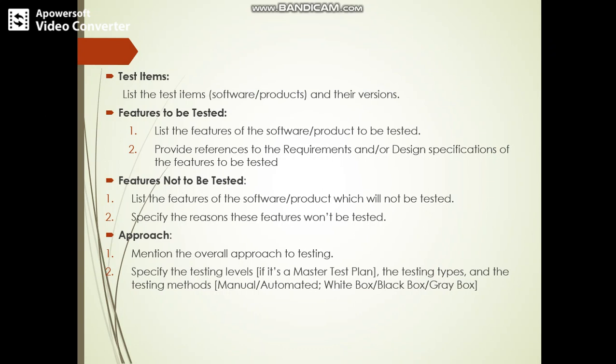Okay, again you want to define the approach. You want to mention the approach to the testing, specifying the testing level, whether it is unit, integration, system, or acceptance. You want to define the testing types and testing methods, for example, whether it is static, dynamic, black box, white box, or if the application is website testing, then it is gray box. Whether you are going to test it manually or by using an automation tool. So you want to define the approach in the test plan also.